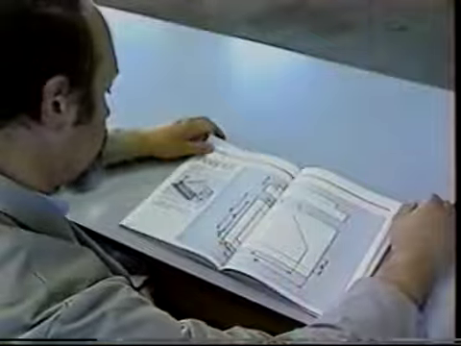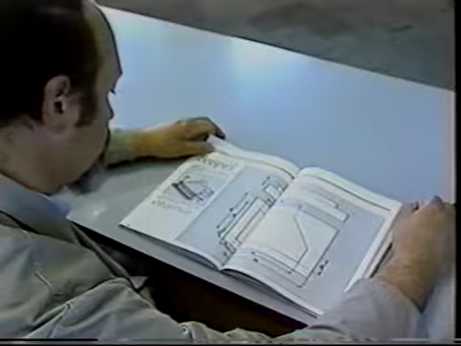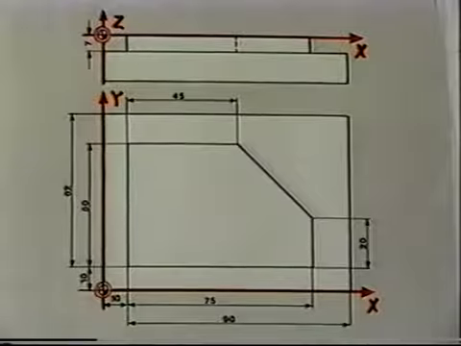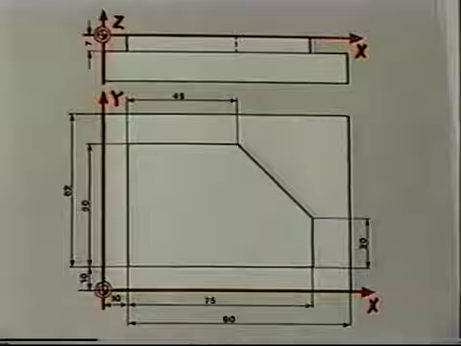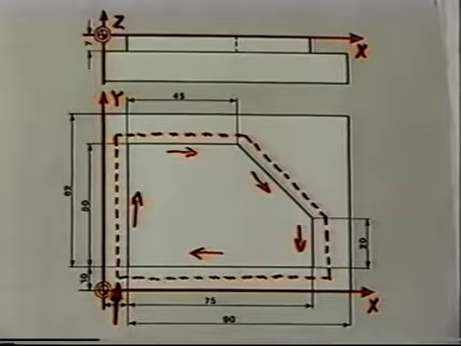Well, now we know enough to try our hand at programming an outer contour. With this example, we'll again be following our plan of attack. The first thing I always do is define the workpiece 0 point. I'll locate it at the lower left corner of the workpiece. Then I've got to determine the coordinates. I'm cutting to the right, so the tool is then to the left of the contour.